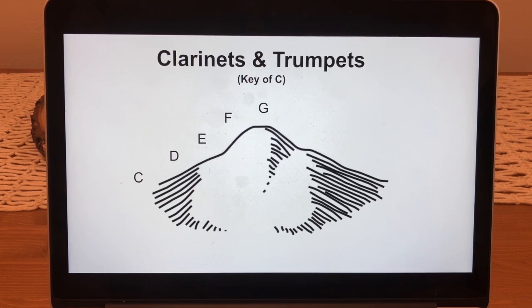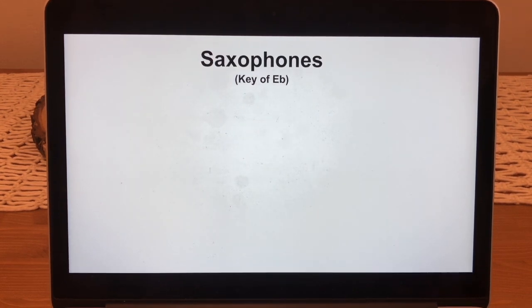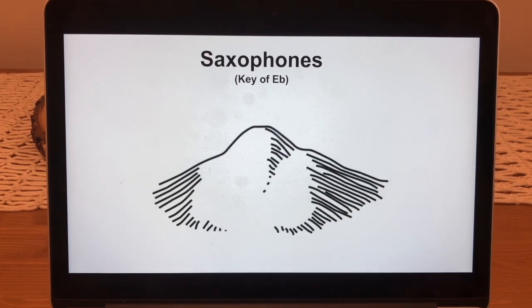And then what do we do when we get to the top? We come back down. F, E, D, C. Finally, the last group are the saxophones. Now these ones are really tricky. Saxophones are in the key of E flat, right? But their starting note on the hill is